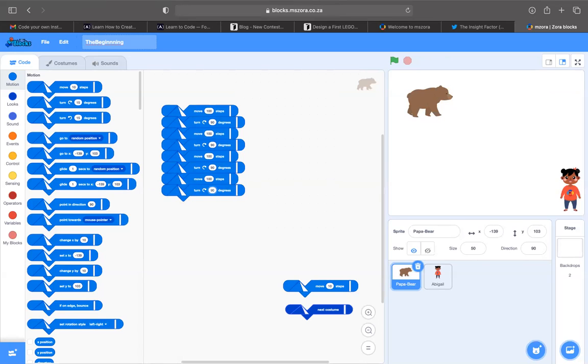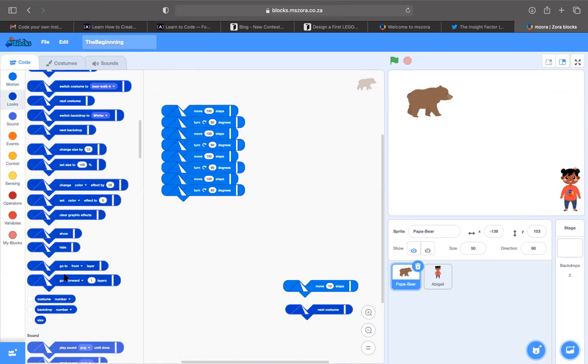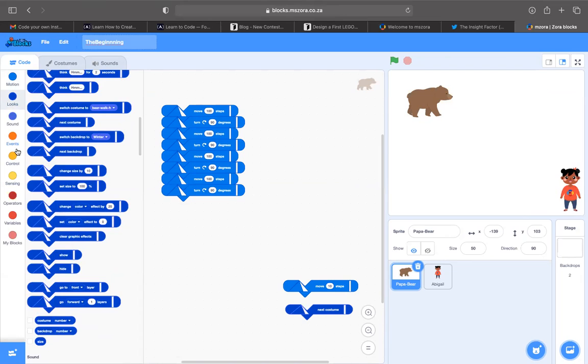And in order for us to see what it's doing, we are going to make it draw a line. So we are going to make it draw a line by selecting pen down. Where is pen down?